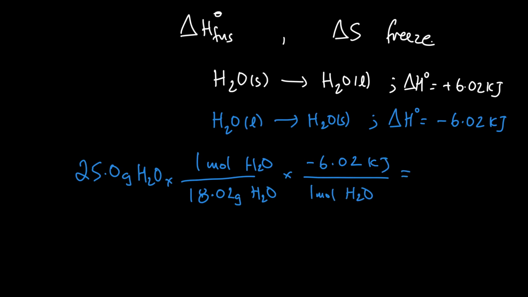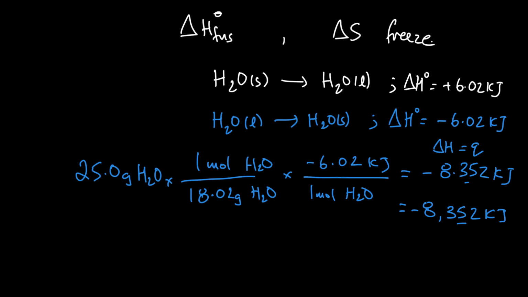All right, and I get minus 8.35 kilojoules, and that is the enthalpy change. And remember, for a chemical reaction, that's the same thing as Q. All right, I could also write it in terms of joules. I remember that a kilojoule is 1,000 joules, so that is minus 8,350